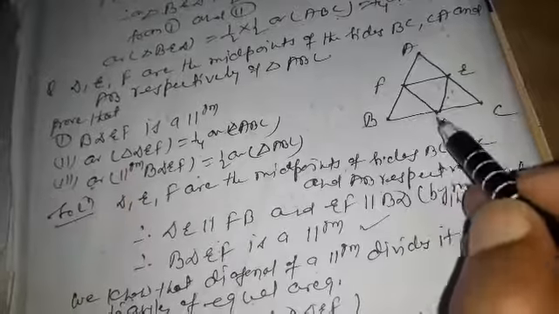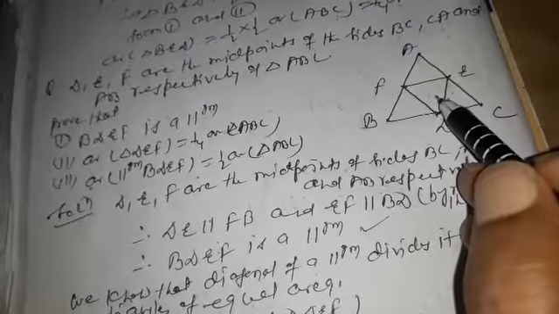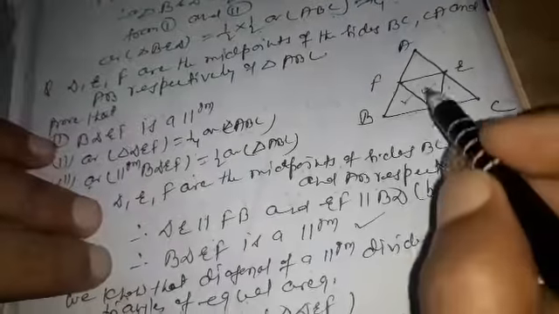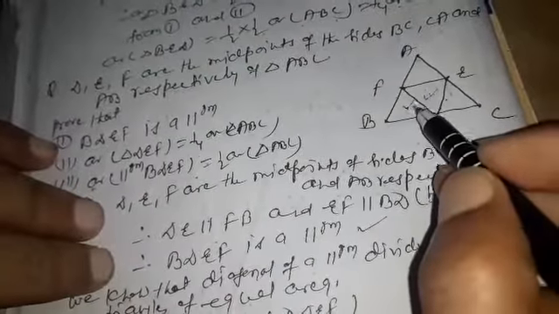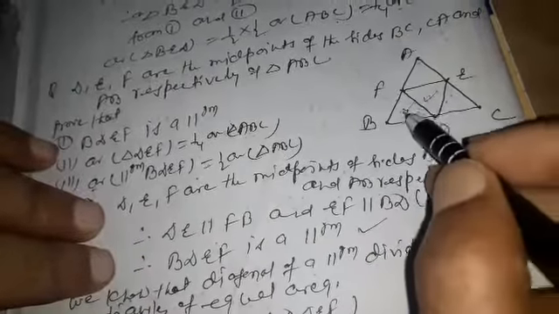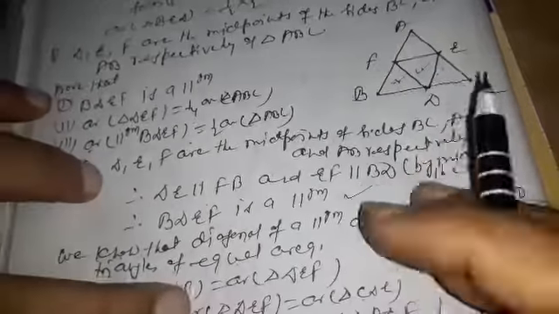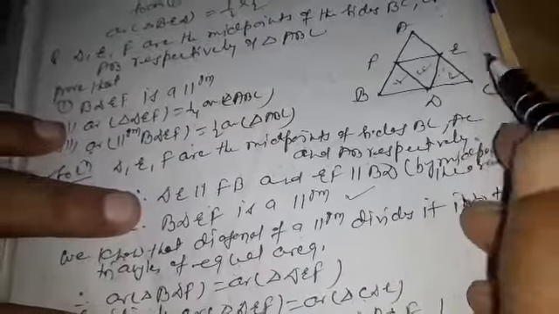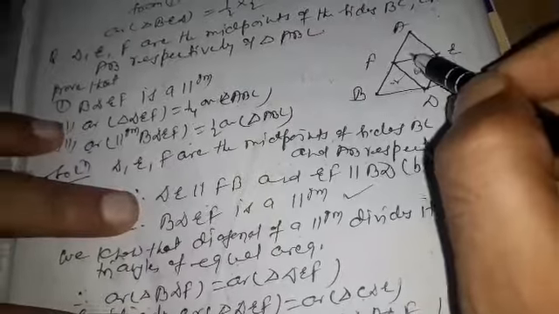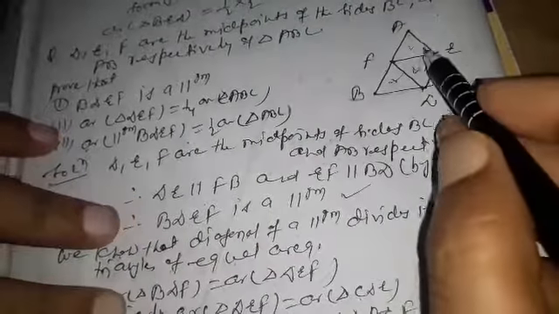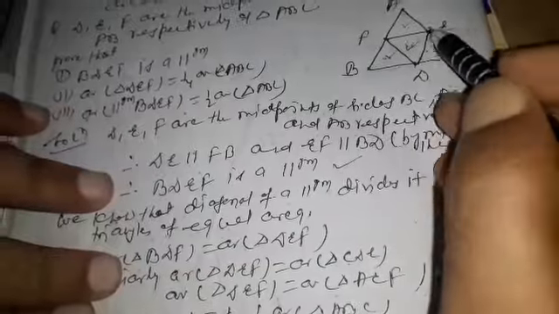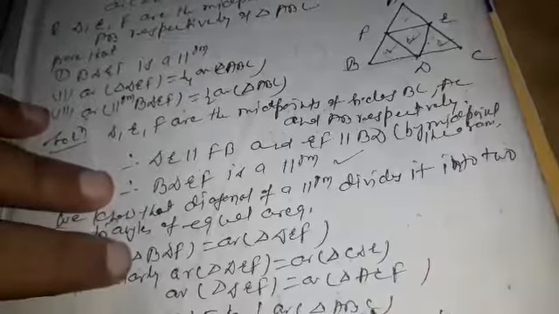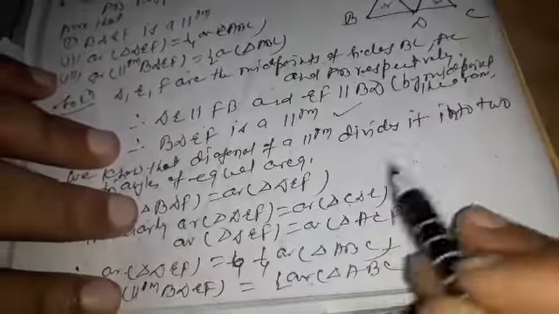area. So area of BDF is equal to area of DEF. Both triangles are congruent, and congruent triangles are of equal area. Similarly, the area of triangle DEF is also the area of triangle CDE, and also the area of triangle AEF. Therefore, the triangle is divided into 4 triangles of equal area. So the area of triangle DEF is 1/4 the area of ABC.